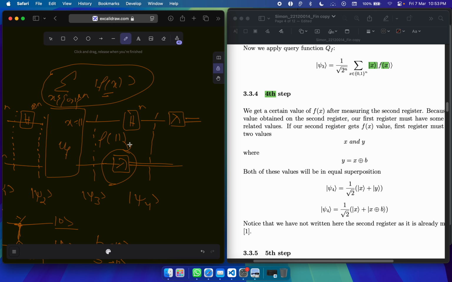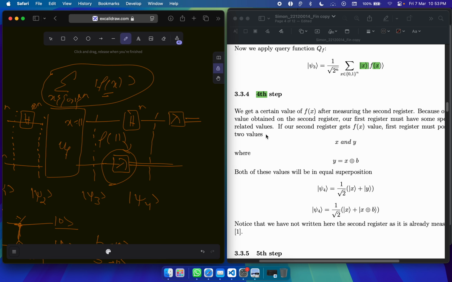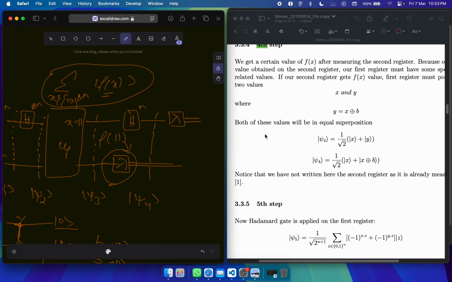And if this x is in an equal superposition of multiple states, so let's say 1 0 and 1 1, right, then we get a function that is based on x that also contains all of the corresponding outputs, if that makes sense. I'm sure you'd need some time to grasp this, so I recommend you read this very nice document, and it will make things clear a bit. Right now we get two possibilities here. Either when you read this and the state collapses to contain only the inputs, you could get such a state,